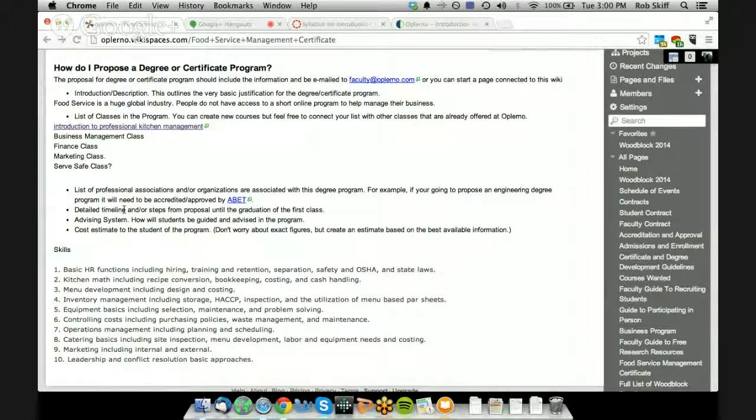Well, it's interesting, with the marketing piece, you've got other professors who want to be teaching too. Right, that's what I'm saying. That can be contacted. But there's also the issue of whether there are marketing classes that can be transferred in to Oplerno, not as part of our portfolio system, but transferred in, that allow a student to gain the certification. If the marketing class meets your needs, or the finance class. Absolutely. And again, the ServSafe class could be the certification that either you provide or that someone else has provided. So you could see that by creating 1 or 2 classes and pairing with other faculty members,